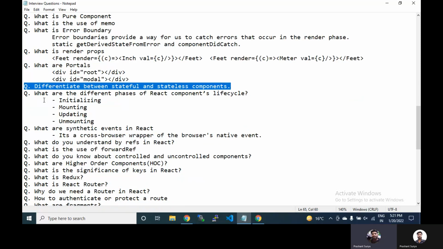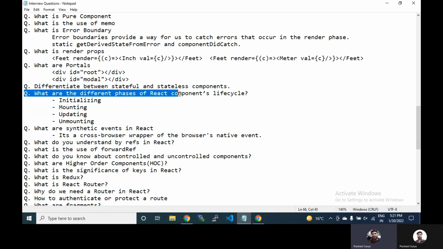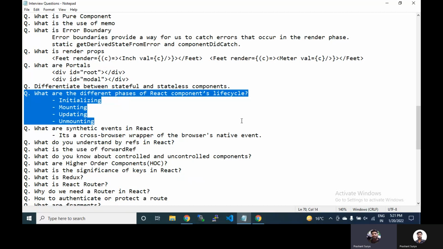What are the different phases of the React component lifecycle? We have discussed the different phases already: the initializing phase, mounting phase, updating phase, and unmounting phase. On the first call of the component, we initialize and mount.